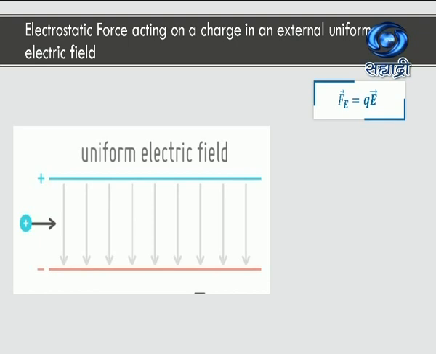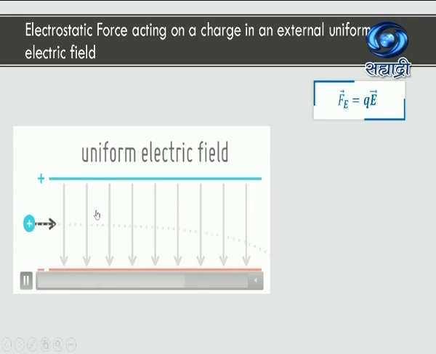If I have the same charge fired with velocity v from outside into this electric field, then what happens? As soon as it enters this electric field, it actually deviates from its path. Why is that deviation not upwards and why is it downward? What will happen if the charge is negative instead of positive charge? These are the questions, you need to answer them.